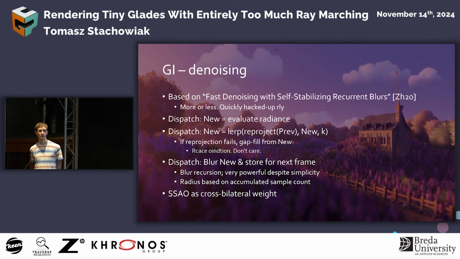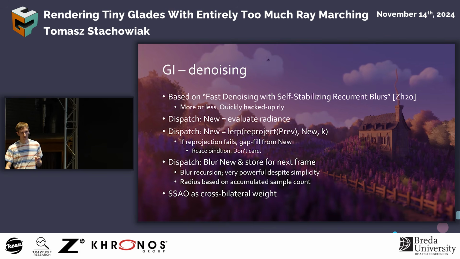So after that, we just do a small spatial filter on top of it, with a very small kernel, because when you recurse the whole thing into itself, that kernel grows in a conical shape and still gives you very good denoising power. And the stabilizing part of the thing means that you count how many samples you have accumulated, and if the sample count is low, use a large spatial filter, and as it increases, you decrease it, therefore tightening the GI. And as an additional twist, we also use SSAO as a cross-bilateral filter